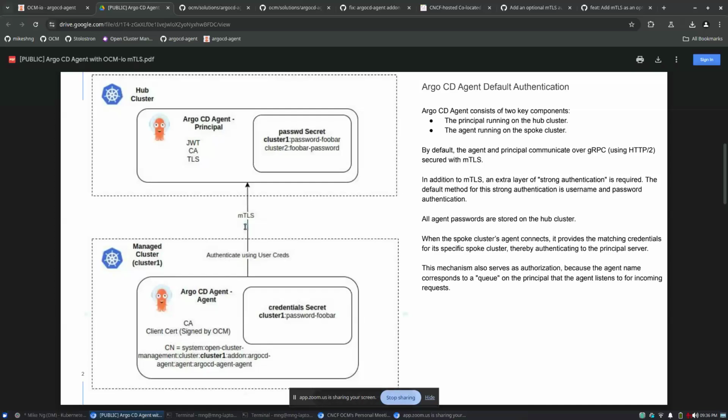The mTLS is established already through OCMIO, but they wanted this additional authentication layer because I think